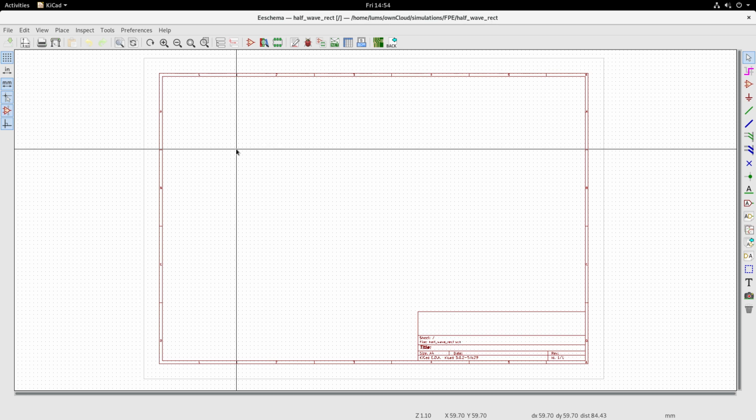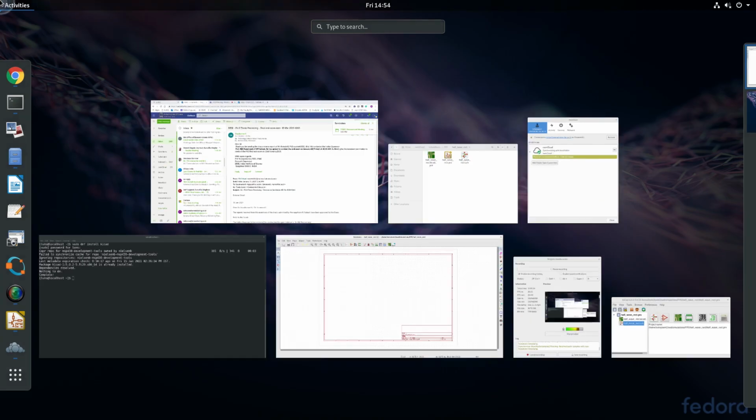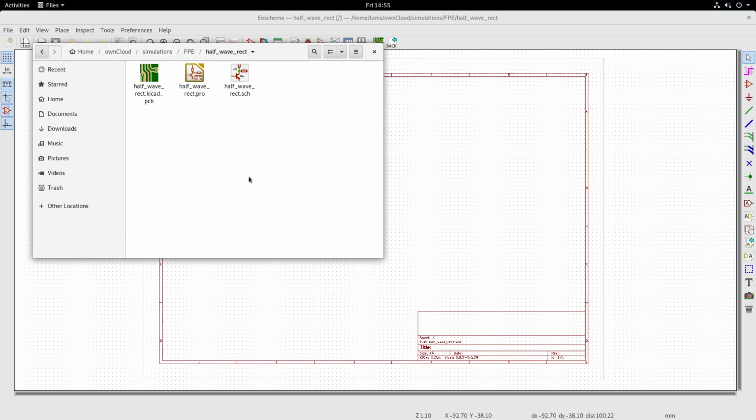You can also see that directory in the Explorer. You will see that at this place half wave rect, a folder is created, and inside the folder you will see that it automatically creates the project file, a PCB file and a schematic file, and we have opened it by double clicking this schematic file.